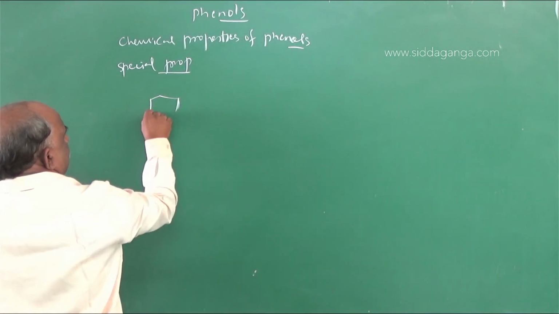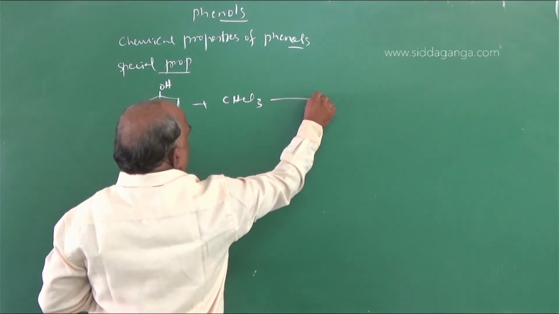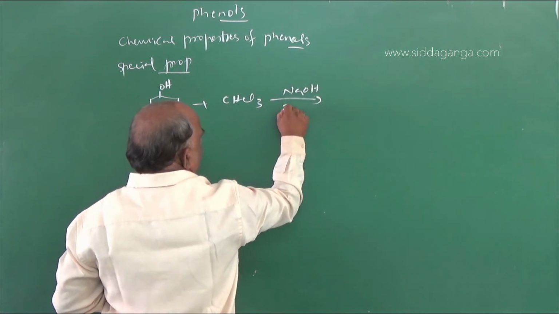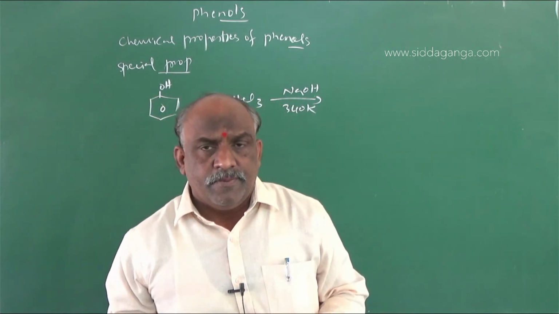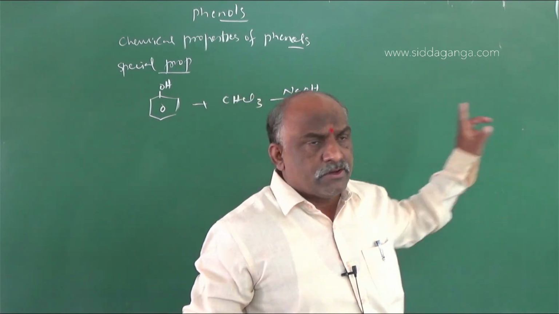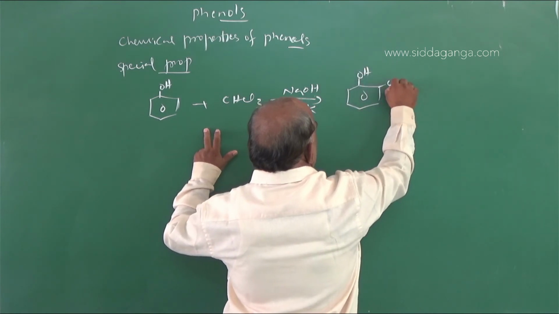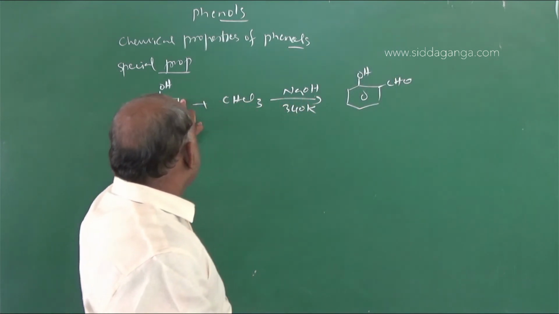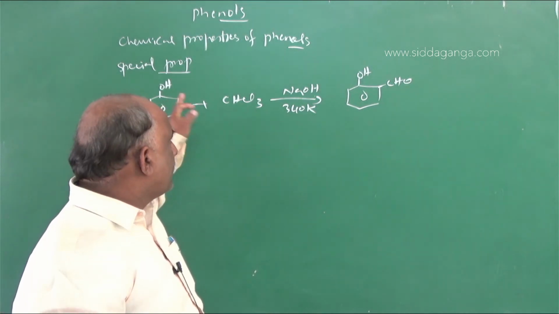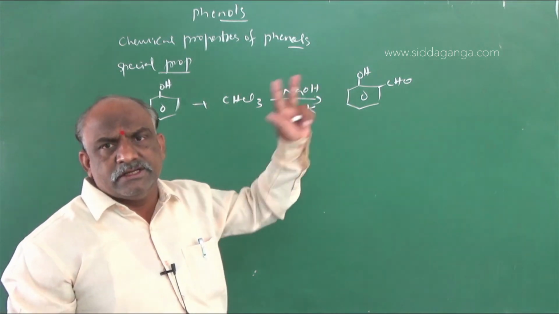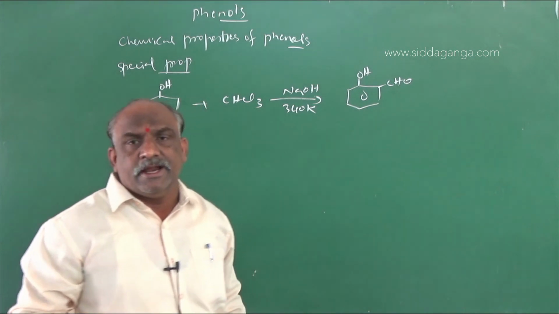In the Reimer-Tiemann reaction here, the starting compound is phenol, which is treated with chloroform and sodium hydroxide. Temperature is nearly 340 Kelvin. Then one aldehyde group is substituted in the ortho position. So the final answer is this one. After attacking the ortho position, CHCl2 is converted to CHOH taken twice, with water elimination. After completion of all those intermediates, finally we get ortho substitution of CHO. CHO means the aldehyde group is substituted.